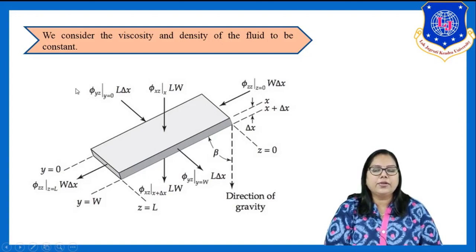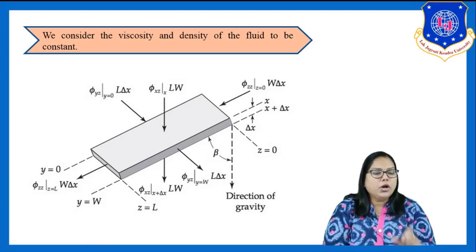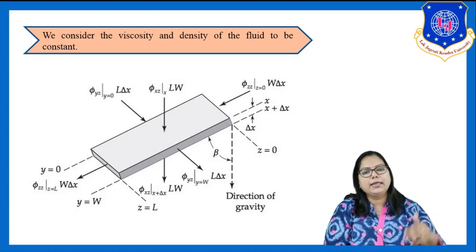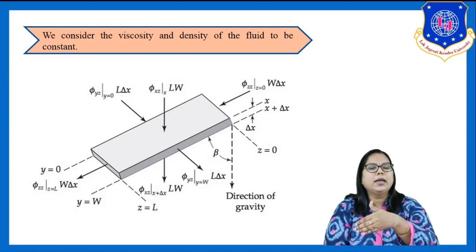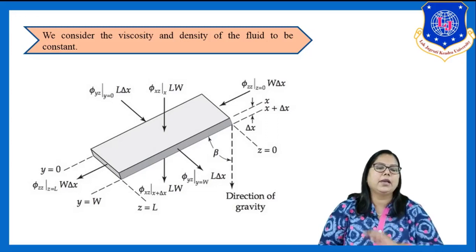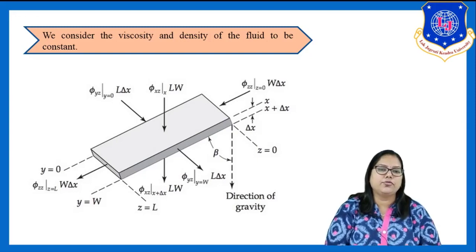Similarly, if I look from here in this direction, the total momentum is phi yz. Why am I writing yz? y is the direction perpendicular to the area, and z is the momentum. So the suffix z remains constant because the momentum is in the z direction. When I take this direction, I write phi zz, from this side I write phi yz, and from this I write phi xz. So the z suffix remains constant for all of them.